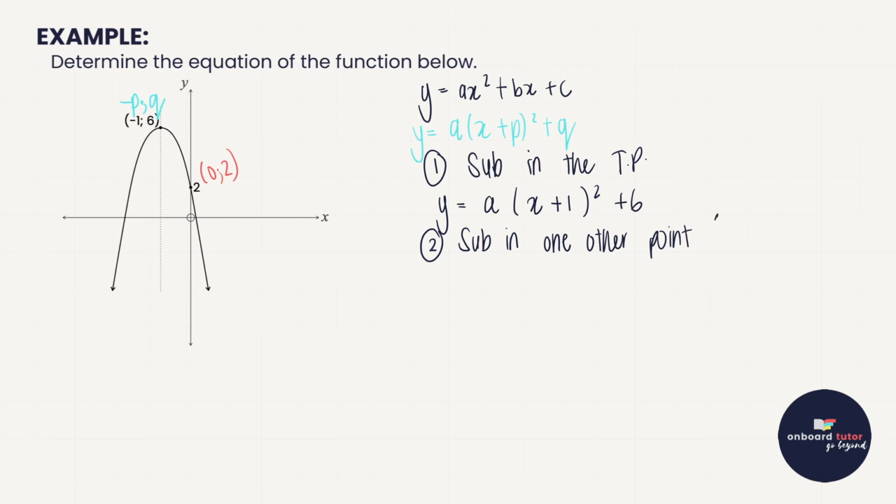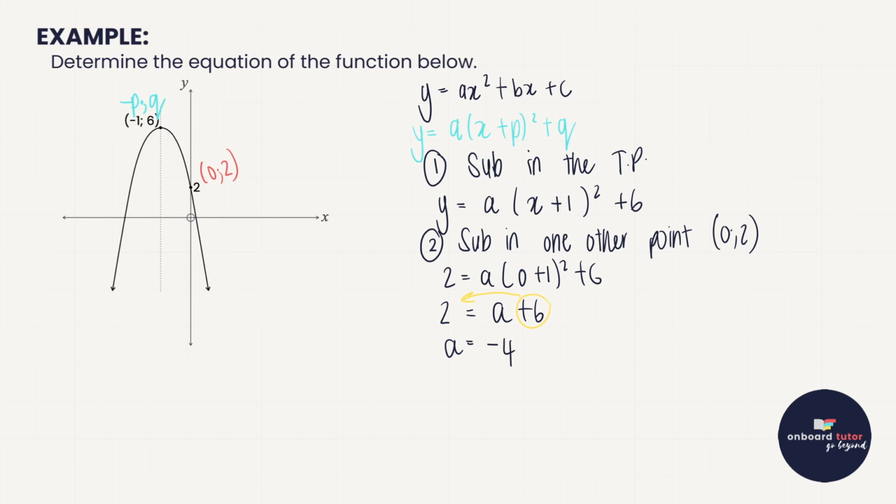Okay, so the other point that we've got is that one, 0 and 2. So in the place of y, I can write 2. In the place of x, I can write 0. And now I just need to solve. Okay, 2 is equal to 0 plus 1 is 1, and then 1 squared is 1. So that's just going to be 1a, and we can actually just write a plus 6. And then let's move this over so we get a on its own, and that shows us that a is actually equal to